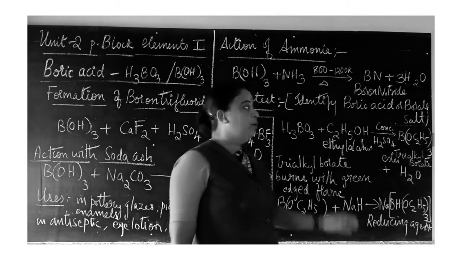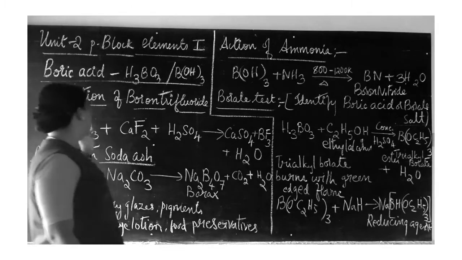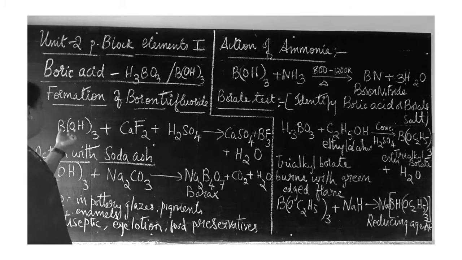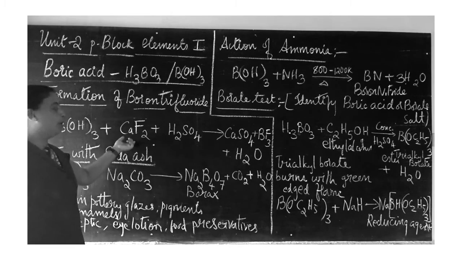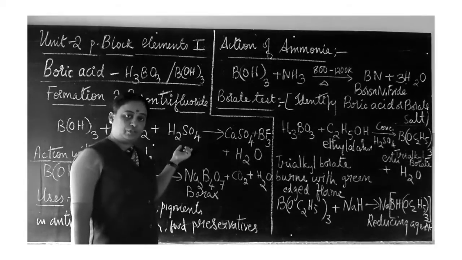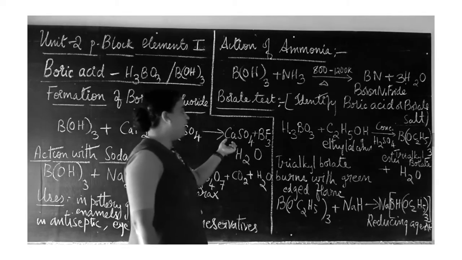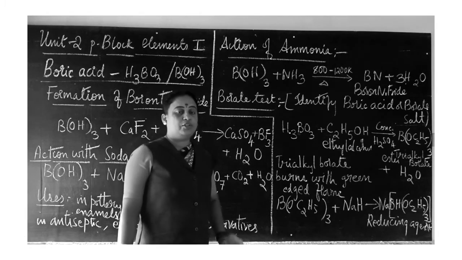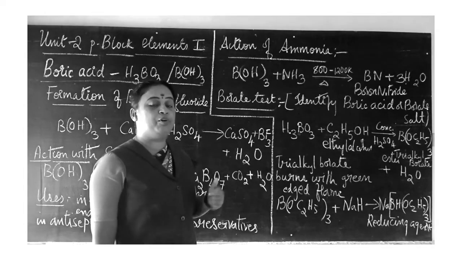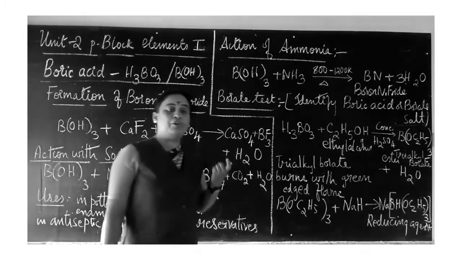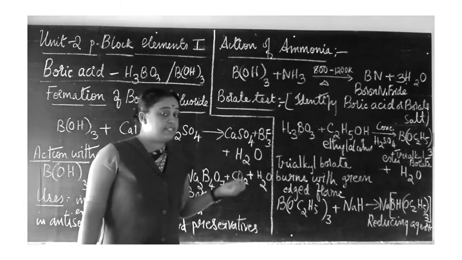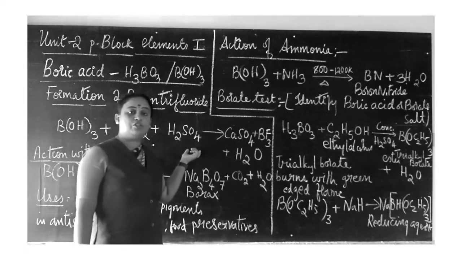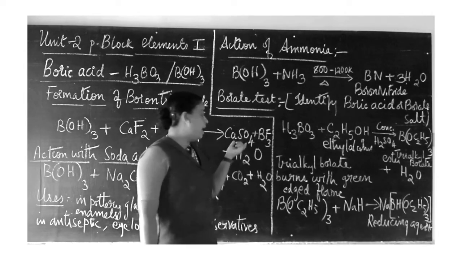Fine. Now let us see the next one, that is how boron trifluoride is formed from boric acid. So this boric acid reacts with calcium fluoride, CaF2, in the presence of concentrated H2SO4 to give calcium sulfate and boron trifluoride, BF3, along with water molecules also. So this is the formation of boron trifluoride. Boron trifluoride formula is BF3. So how is boron trifluoride obtained from boric acid? Boric acid is reacting with calcium fluoride, CaF2, in the presence of concentrated H2SO4 to give boron trifluoride and calcium